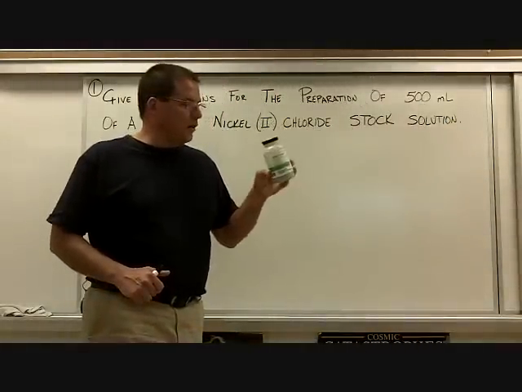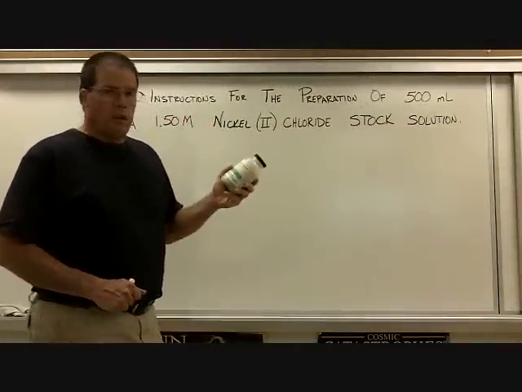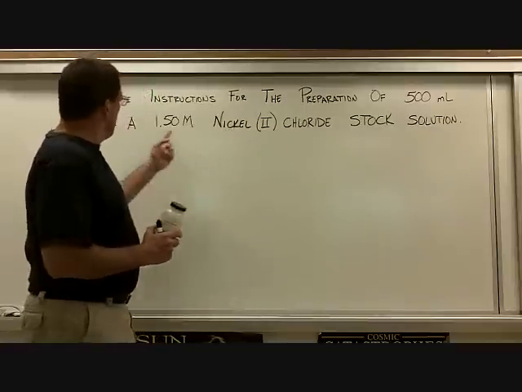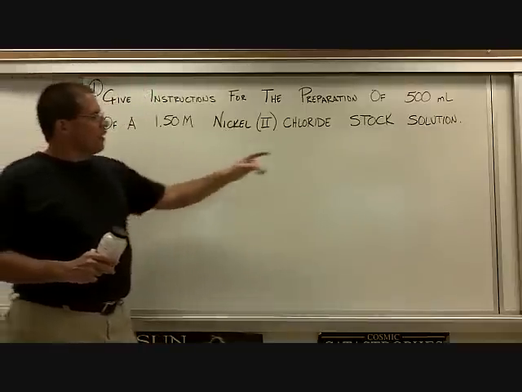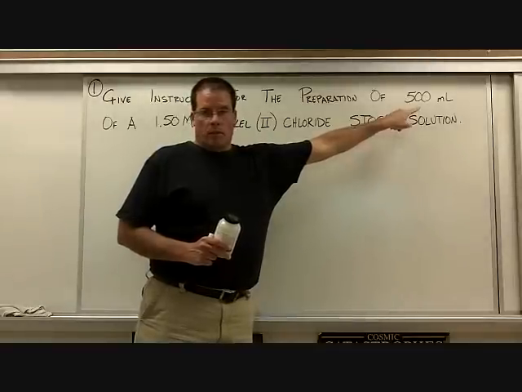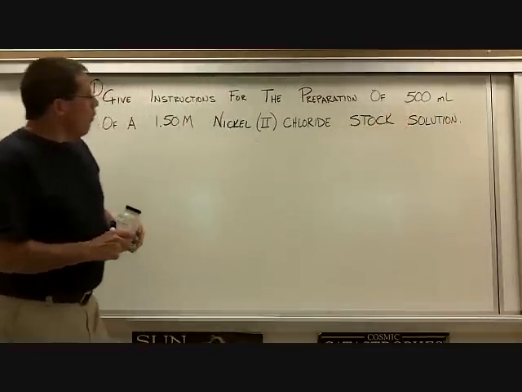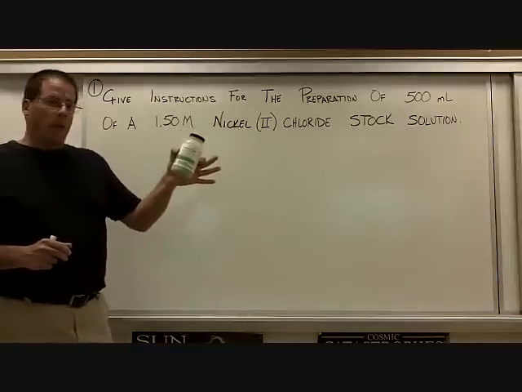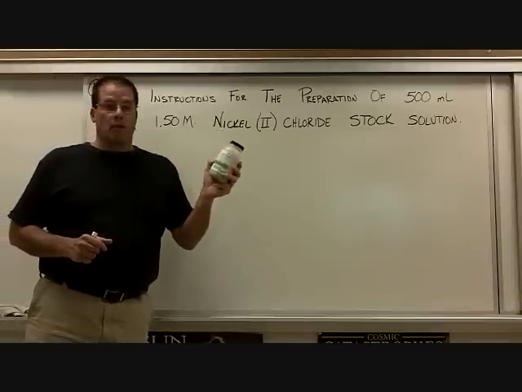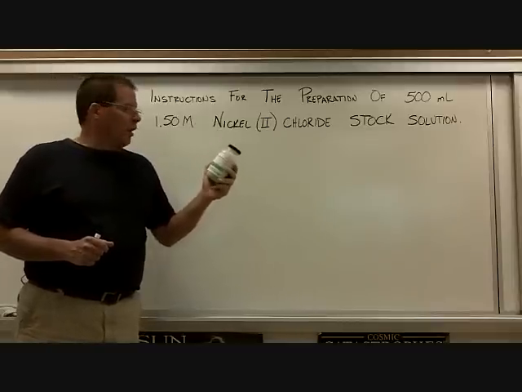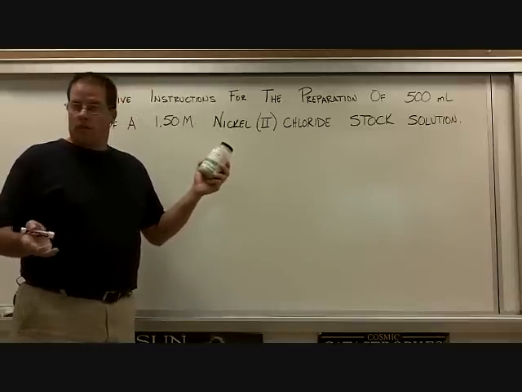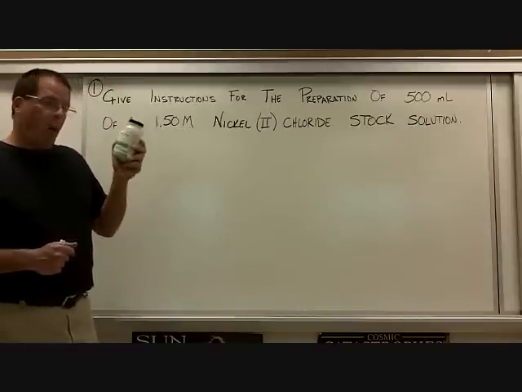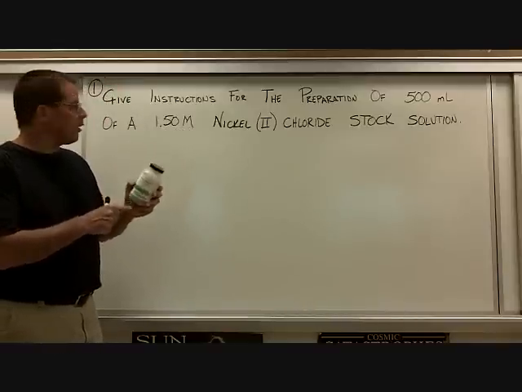So it is a granular form. And you have to ask yourself, how am I going to know how much of this I need to make 1.5 molar with a volume of 500 milliliters? All right. So what we need to do is find out a mass amount of this, because what my son's going to do is measure this out, weigh it out on a balance, and then place it in our flask to make the solution. So what we need to do first is find out what mass we need to take from this bottle